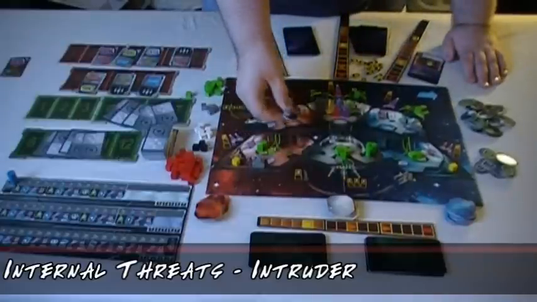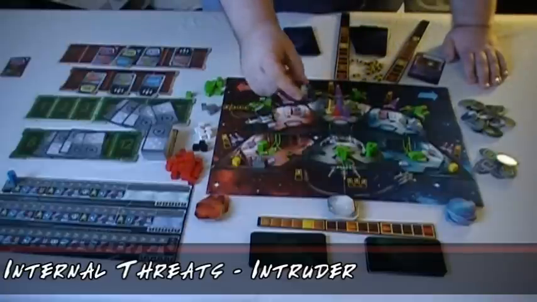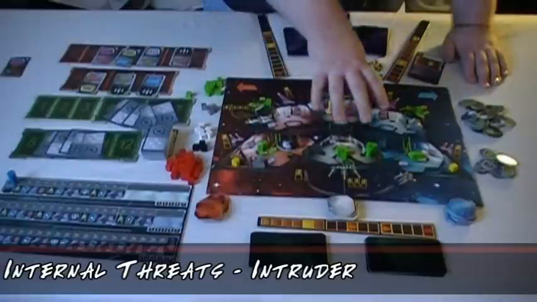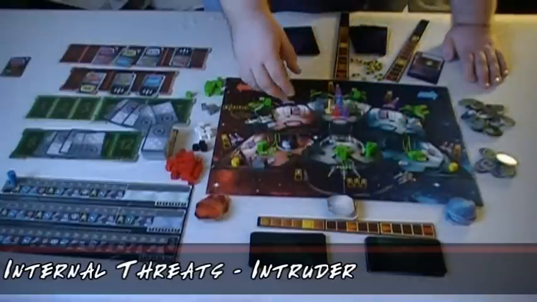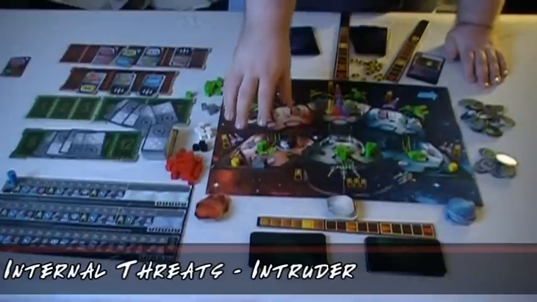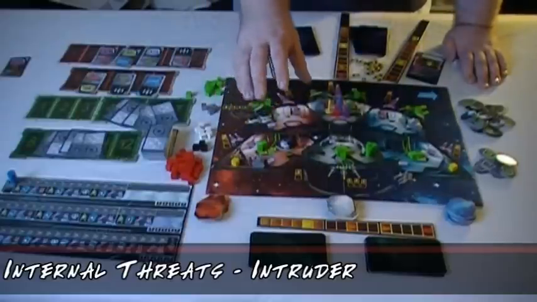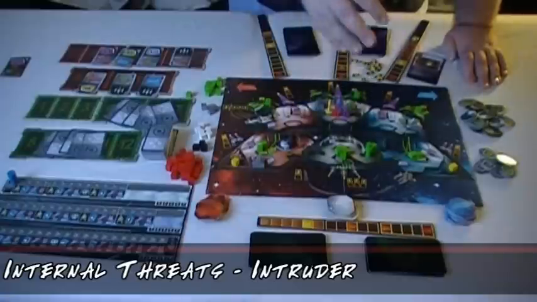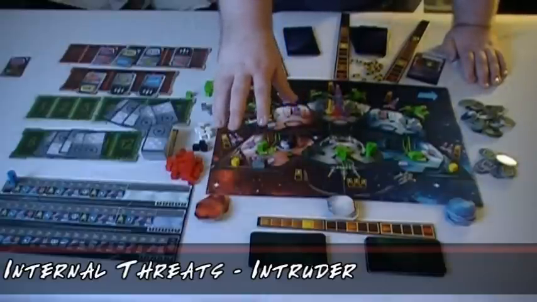There are also intruder threats, and each intruder threat comes with a corresponding intruder token. So as soon as the threat is drawn, the intruder token is placed in the pictured zone, and then it will move around and attack you and do various things based on where it is on the internal trajectory board. The only way to combat intruder threats is to attack it with BattleBots. And intruder threats are either going to damage your BattleBots every time you attack them, meaning you have to repair your BattleBots, or they are not going to damage your BattleBots,